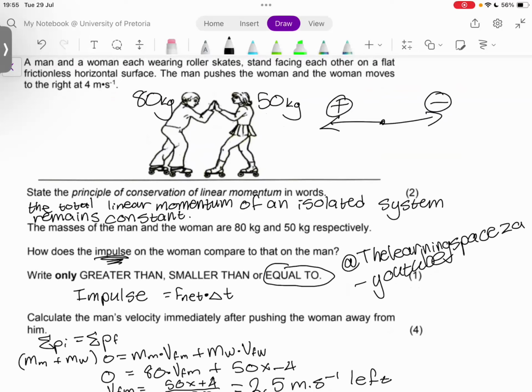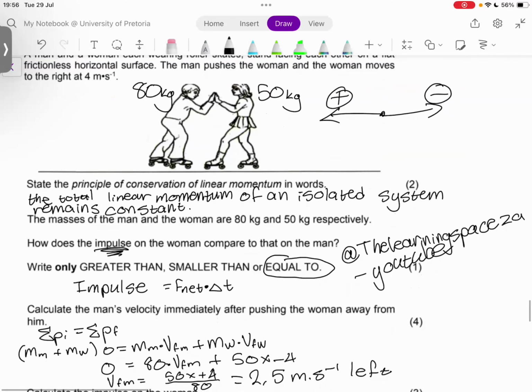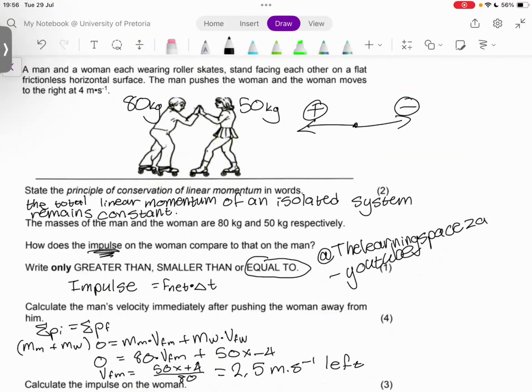Are we all clear on how we got to this as the final answer? VI is 0 because they initially start at rest. They are standing facing each other, and then the push happens. So we are just making the assumption that VI is 0, and that assumption will be the correct guess in this case. But we can just see from our logic that the VI is 0. They are standing, yes. Let's move on to the next question.